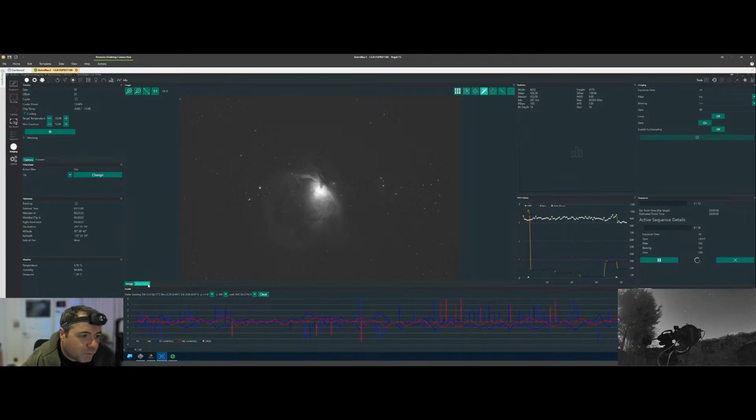The less time I have to go outside when it's cold. I do quite like going outside to look at the sky and stuff, but I don't want to have to go out there unnecessarily all the time. Automate everything, that's my motto. Yeah, absolutely. I'm still not at a position where